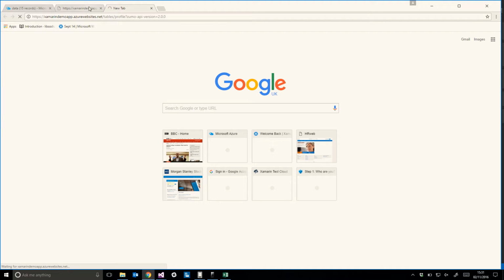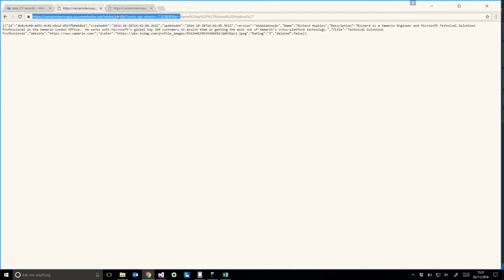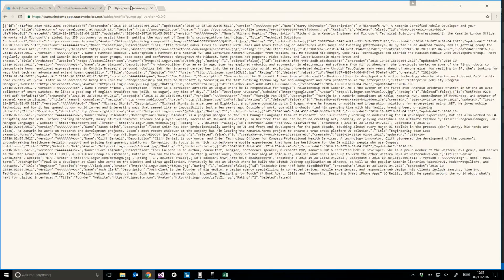Oh, indeed. So the question mark Sumo API at the end, that's something which I think catches a lot of people out. That's used, if you do ever use this and you want to directly connect to a table, as long as you put that bit on the end, you will actually get the data back from the table. Absolutely. And there we go. So the Wi-Fi caught up with us finally, and we can see here that I've now got a load of